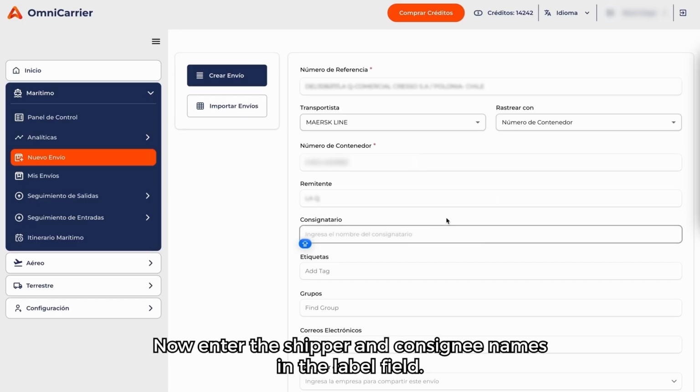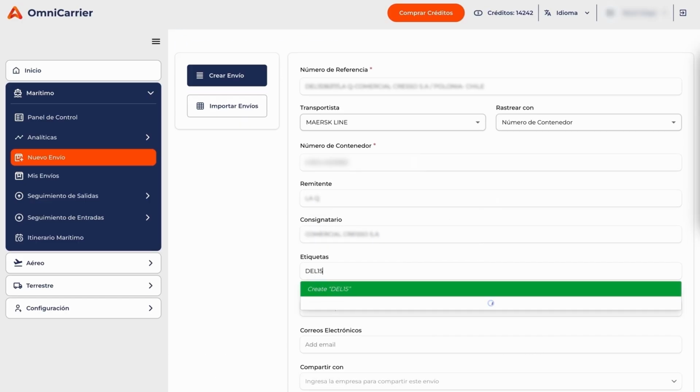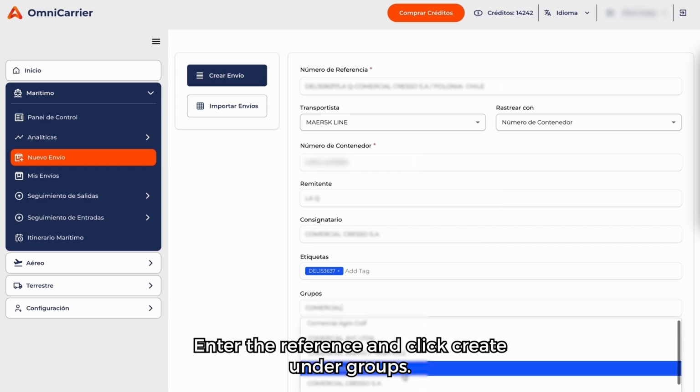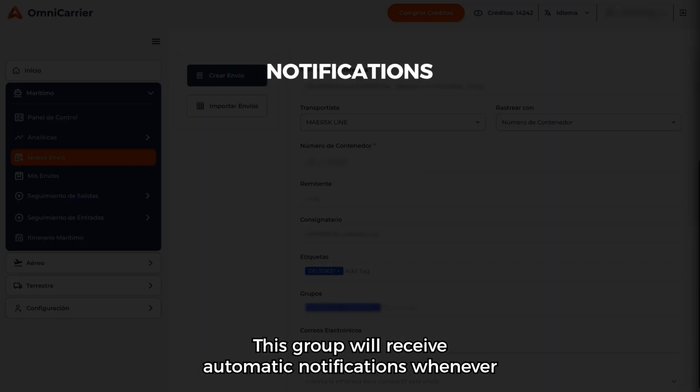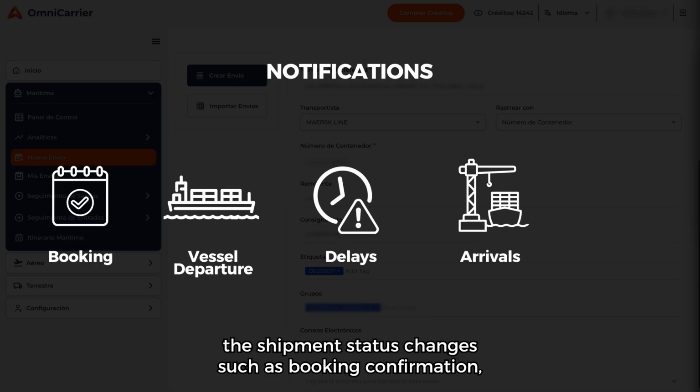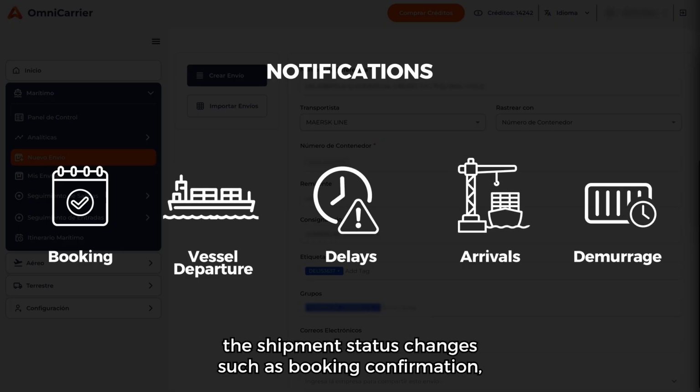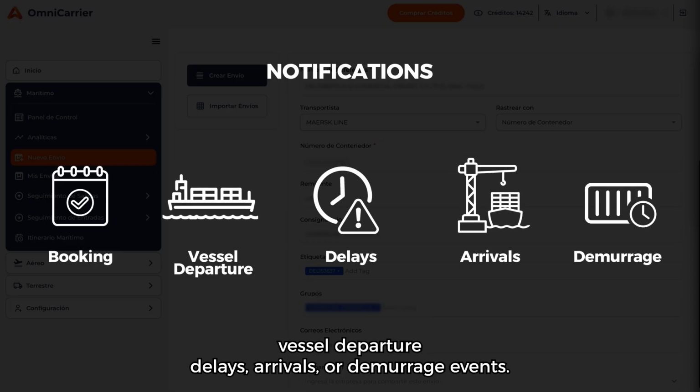Now, enter the shipper and consignee names. In the label field, enter the reference and click Create. Under Groups, select the group you created earlier. This group will receive automatic notifications whenever the shipment status changes, such as booking confirmation, vessel departure, delays, arrivals, or